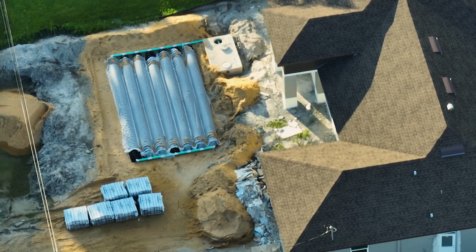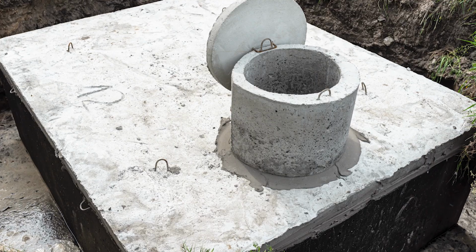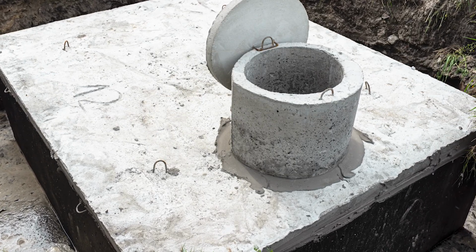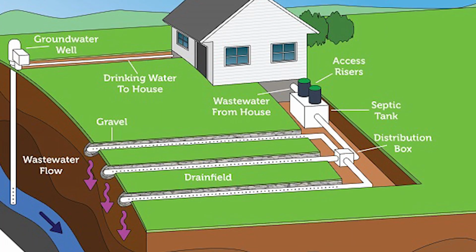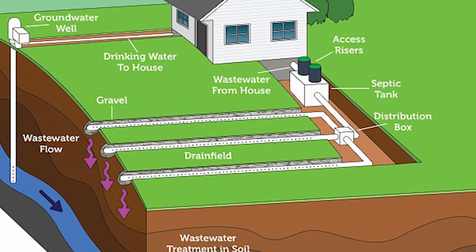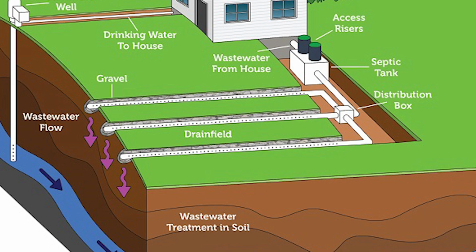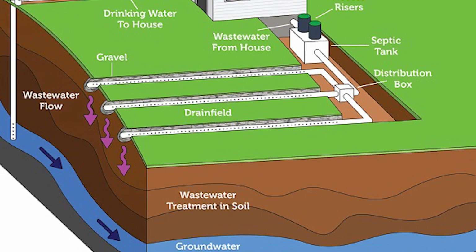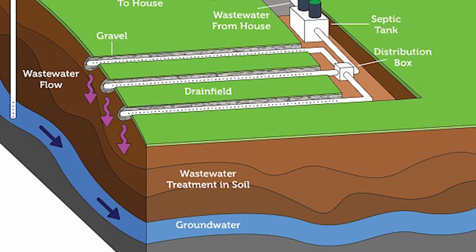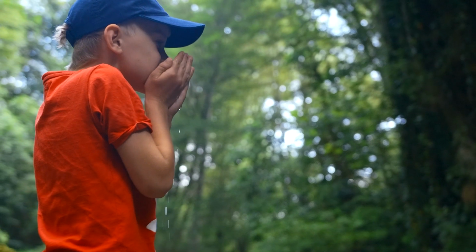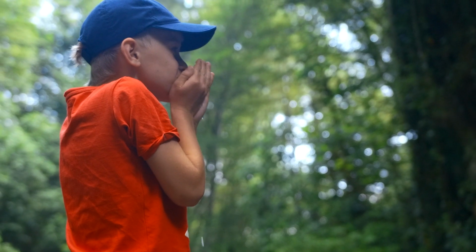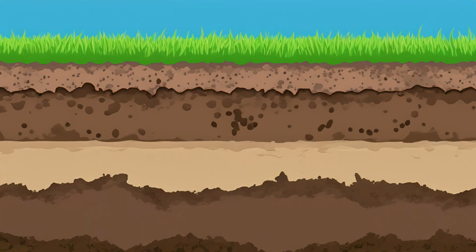When people think about the parts of a septic system, big components like a tank or drain field pipes usually come to mind. But the soil that wastewater ends up in is actually the most important part of the treatment process. Without proper soil for treatment, germs and minerals can get into groundwater and can impact the health of people, animals, and the environment.